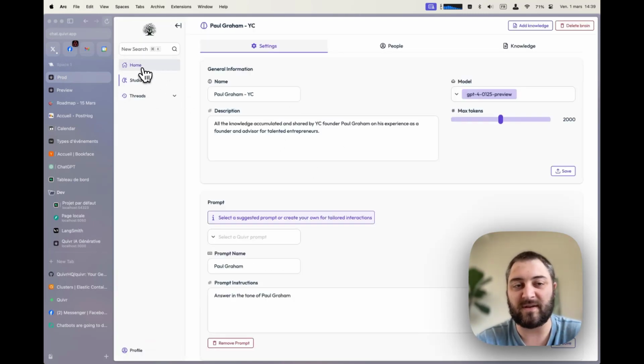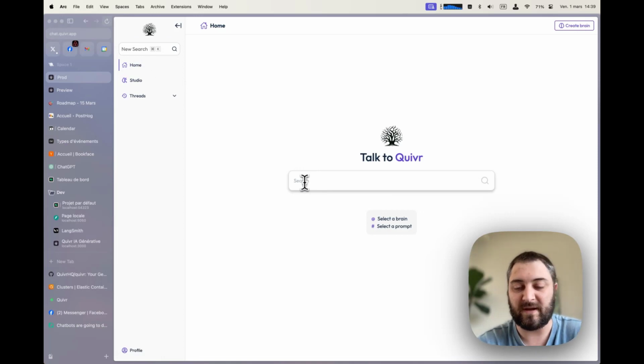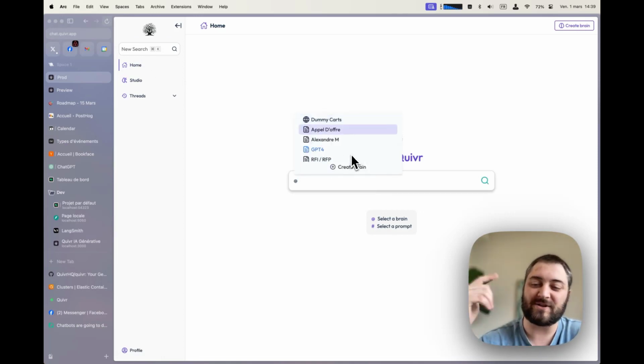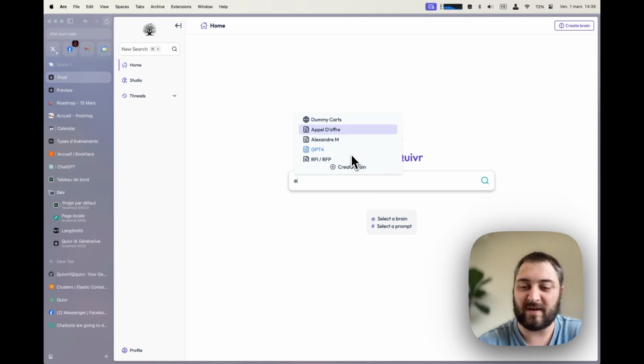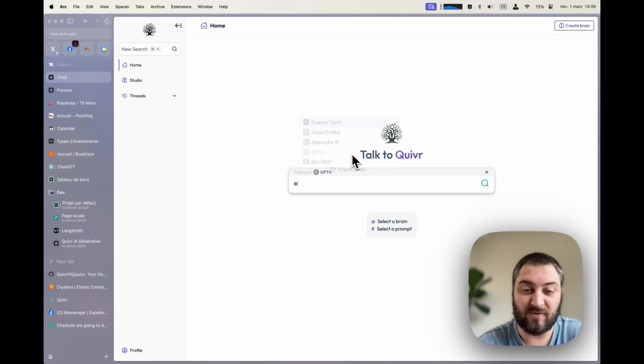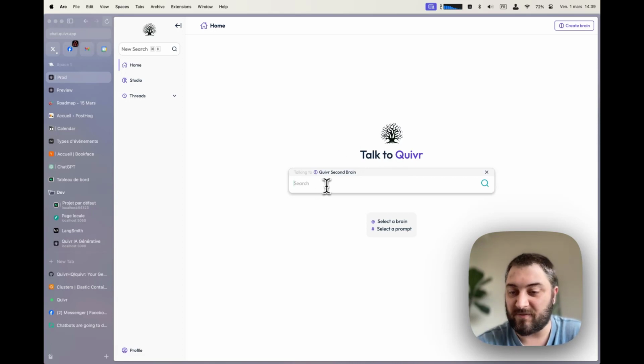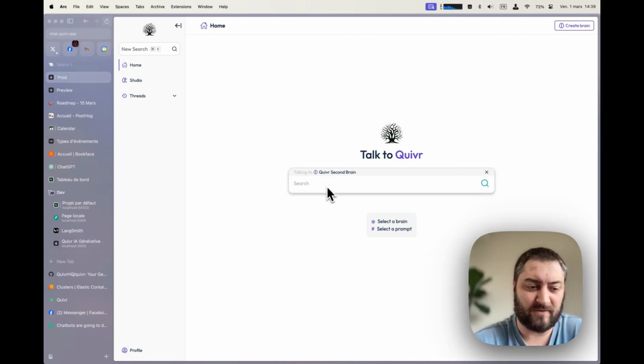The goal of Quiver is to be an open source chatbot second brain. And so what you can do technically is you create what we call brains, in which you can upload files, you can chat with your APIs, you can create custom brains. So for example, here I have GPT-4, or I have, I don't know, RFI, RFPs, a brain which knows what Quiver is, and you can ask a bunch of questions using LLMs. And this is what I'd like to talk to you about today.